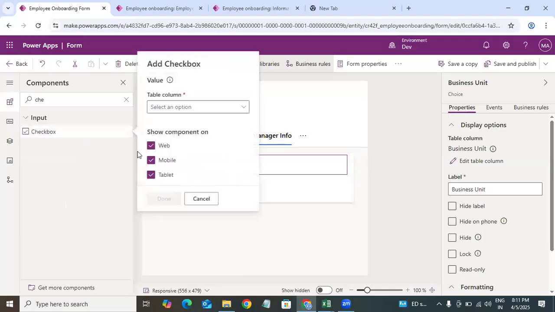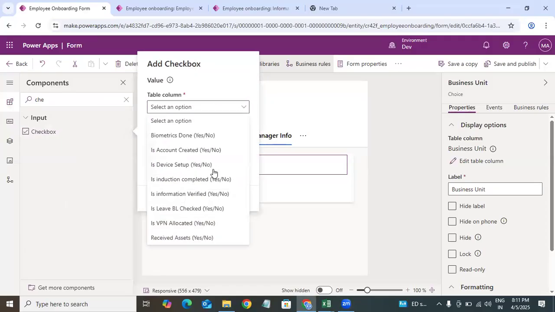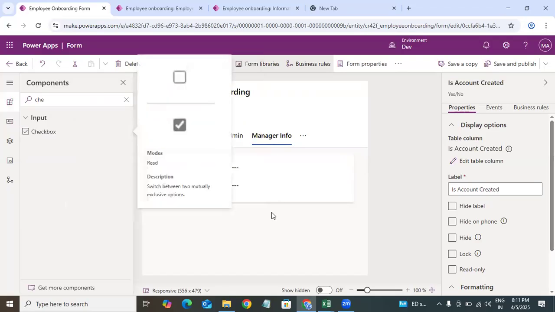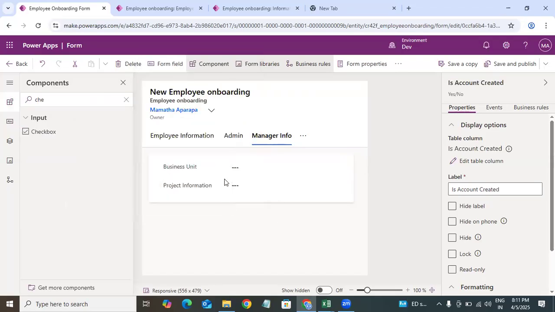If you click on here, and add the column which you want, like is device setup, is biometric done, whatever column we want as a checkbox, we can select it, and if we click on done, that column will be added